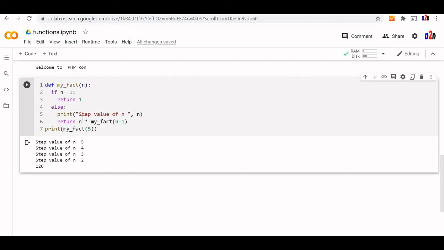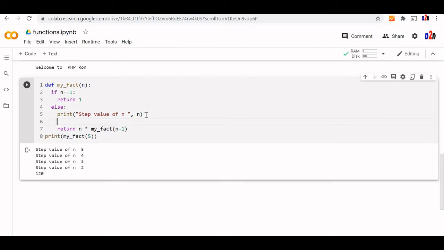If you want to get the result of it also, I will take another variable, result, equal to n into fact of n minus 1. So here I return result. I will not do anything else, I will return the result only.